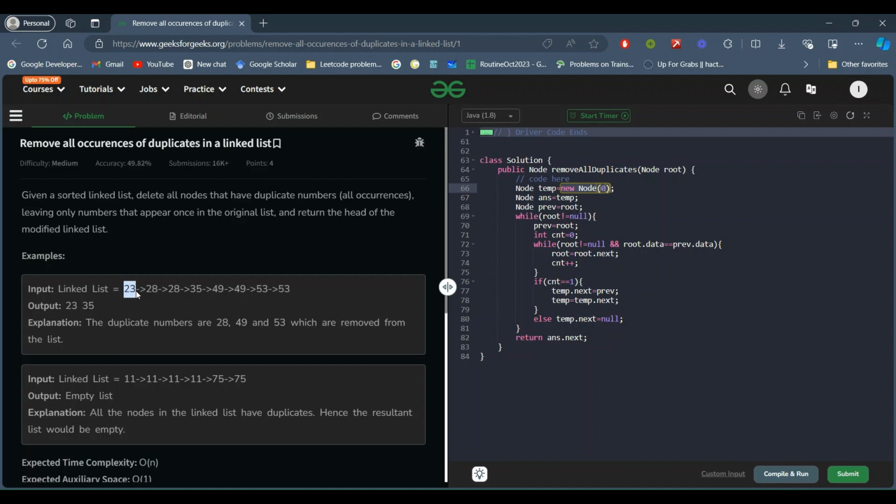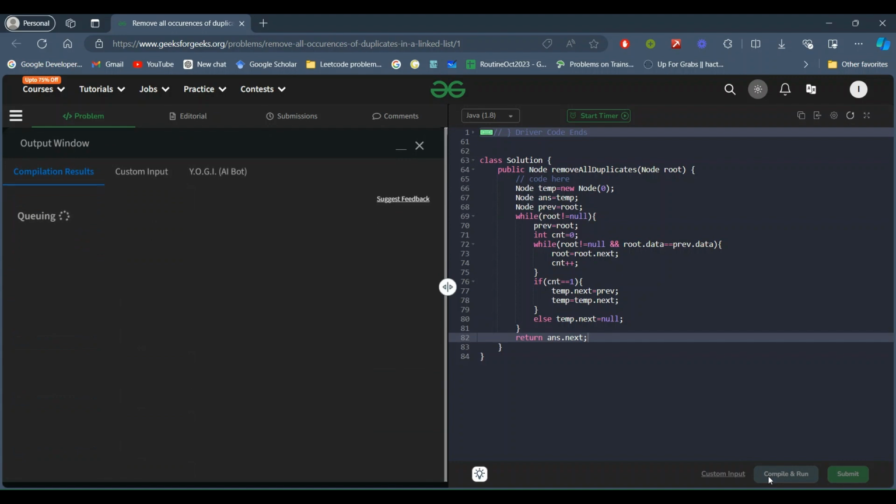If we give the value of the first node in the temporary, it will add the first node inside the temporary and neglect all the repeated values after that. In that case we can't neglect the first value's repetition as well, so we are giving another node to the temp, and then we are returning answer dot next. So let's now run it and see how it's working.